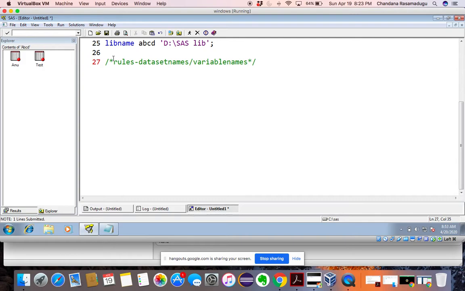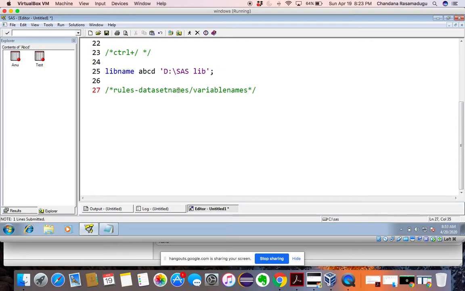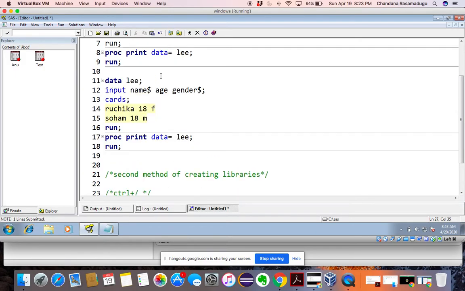We can also simply call this rules for creating SAS names. So the names must be 32 characters long or less. Any name that you are giving for dataset names or variable names.